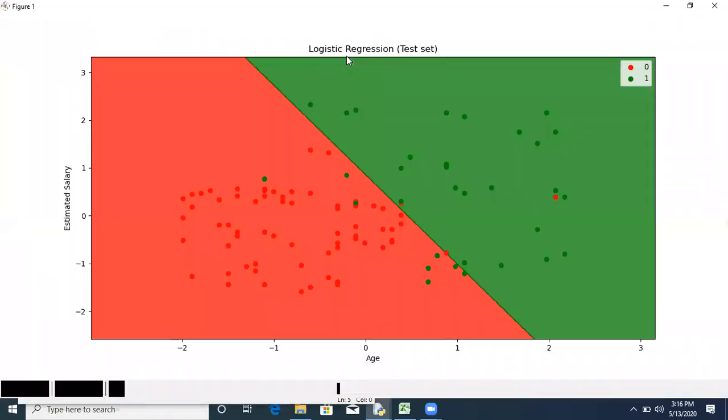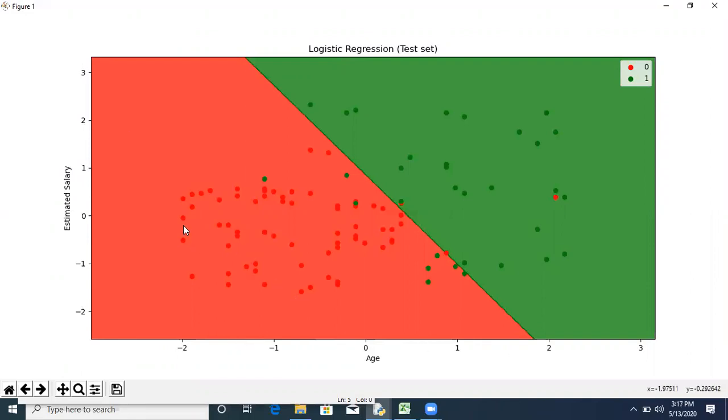Now, if you observe this carefully, there are two features, age and estimated salary, as the inputs, and these are scaled versions. Look at the values here: -2, -1, 0, 1, 2, 3. These are scaled values, and on a similar scale we have scaled estimated salary also. Earlier age was a 2-digit number and estimated salary was around a 4 to 5-digit number. So it is not possible to predict the output based on these mismatched inputs. So we have scaled the inputs. After scaling, it will appear like this: -2, -1, 0 to 3, and similarly on the age axis.